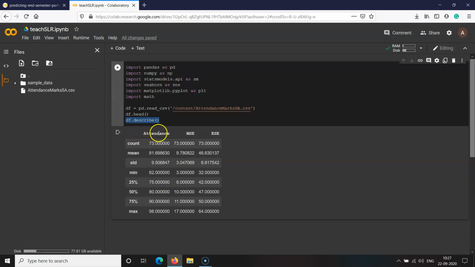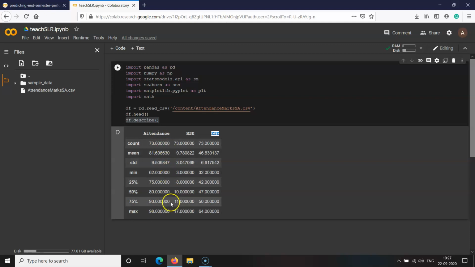The point that we should observe in the output of this method is that there exist three different columns. First one is the attendance, second one is the mid-semester examination, and third one is the end semester examination. And there are 73 entries present in the dataset. In addition to that, it prints the average value, that is mean, standard deviation, minimum value, first quartile, second quartile, third quartile, and the maximum value for